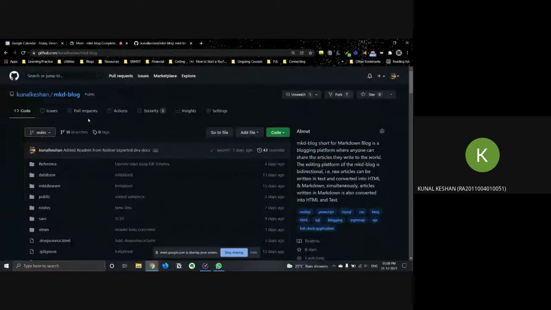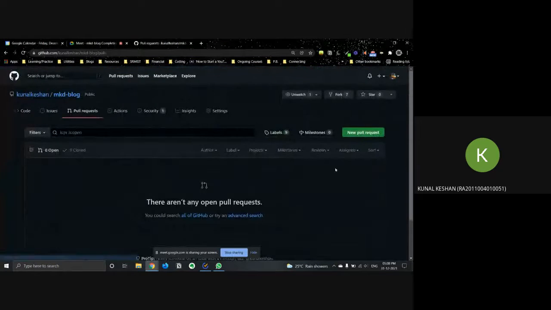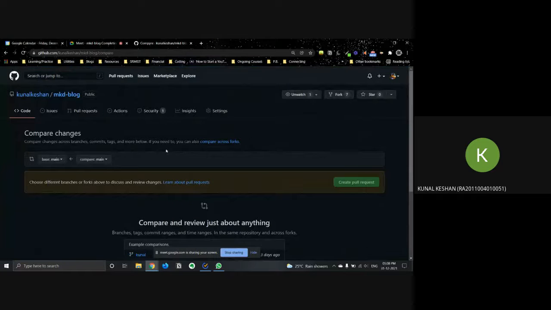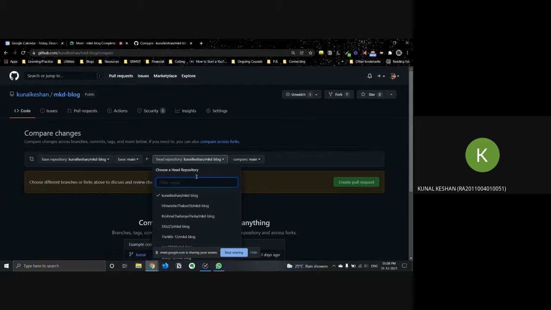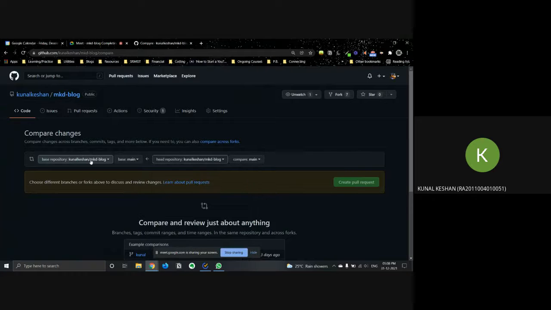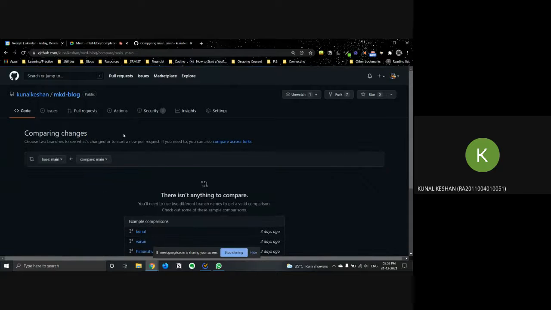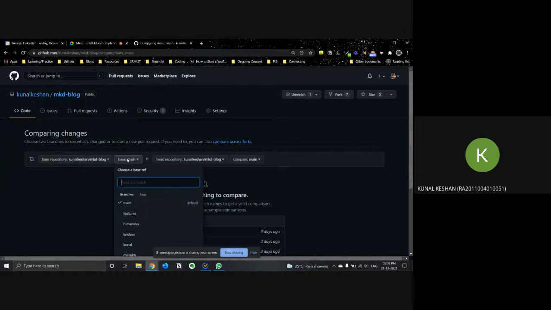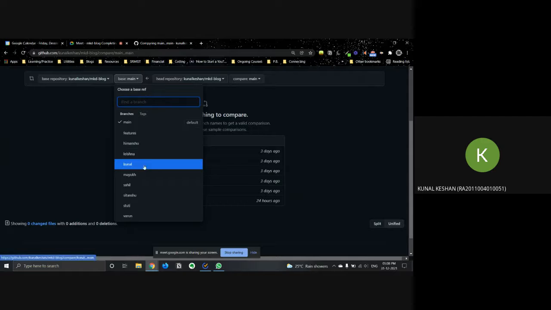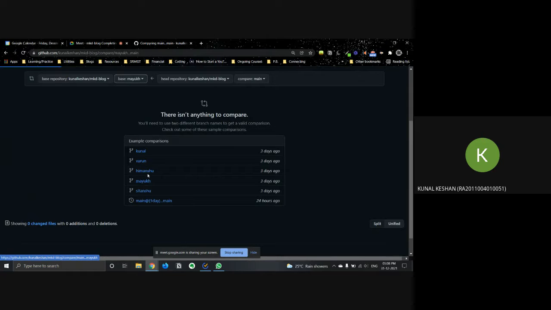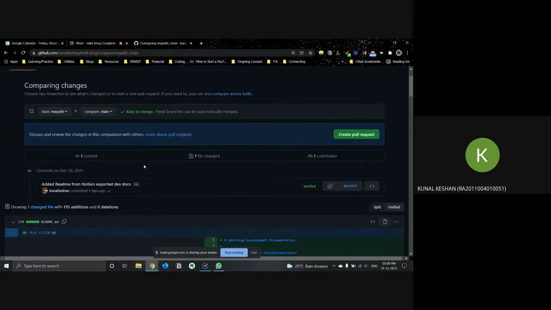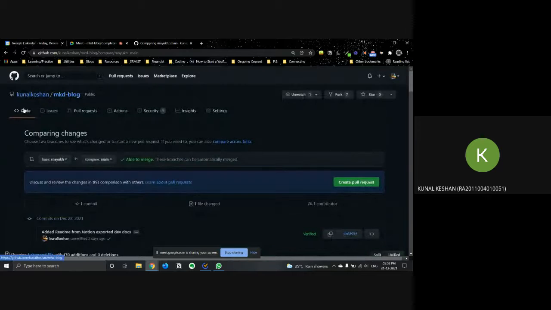So why exactly? Whenever you're making a pull request, I'll just show you an example. What I want you to do is, over here it will show your name, and over here it will show my repository, right? And you don't have to create your own branch. What you can do is, from your repo's main branch, you can fork it to the main repo's branch in your name. Okay, something like this. So I will take care of the merges later.